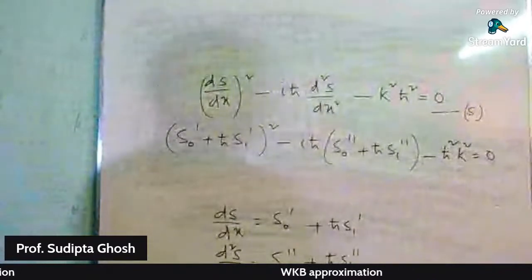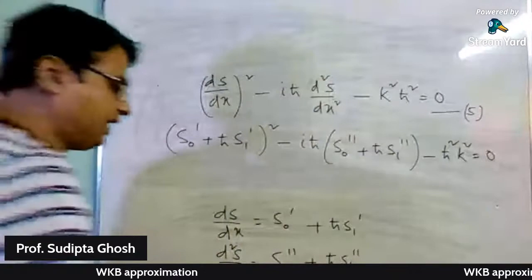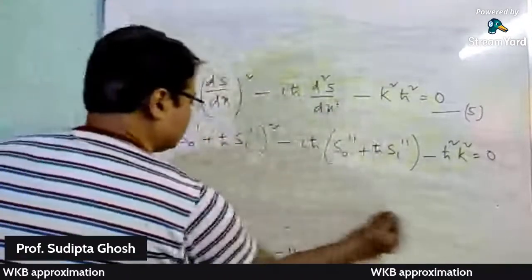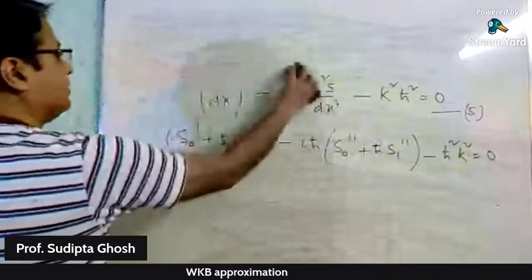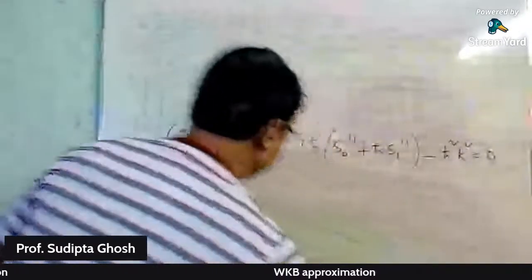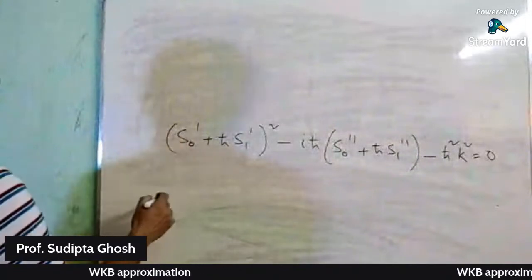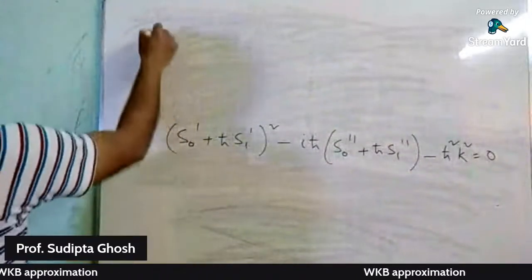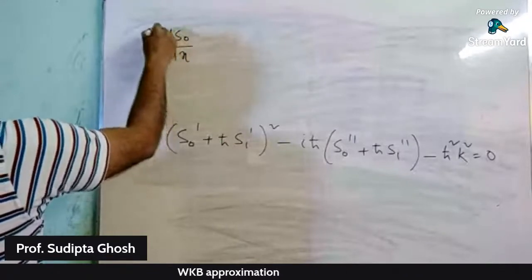So by substituting the values in equation 5, I get this. Now expanding this equation, what we will obtain is s0'², and s0' means ds0/dx, so it will be (ds0/dx)²,